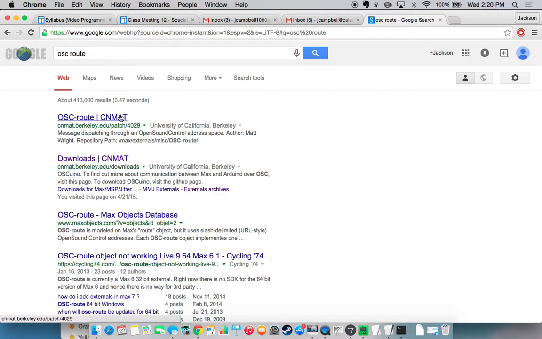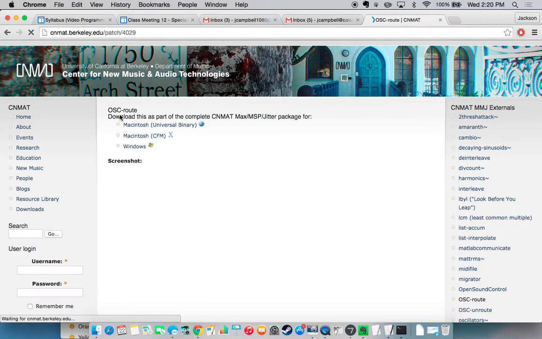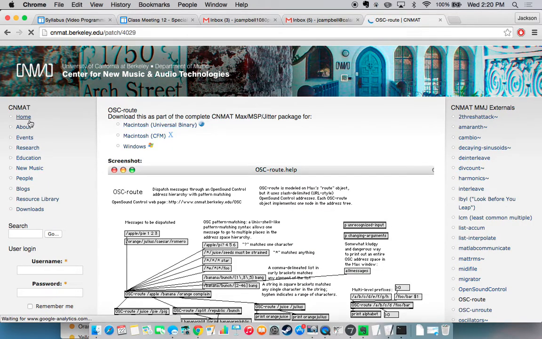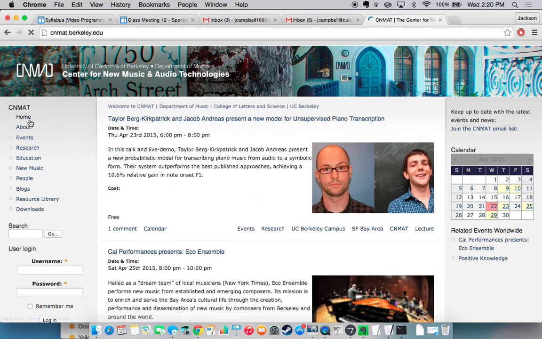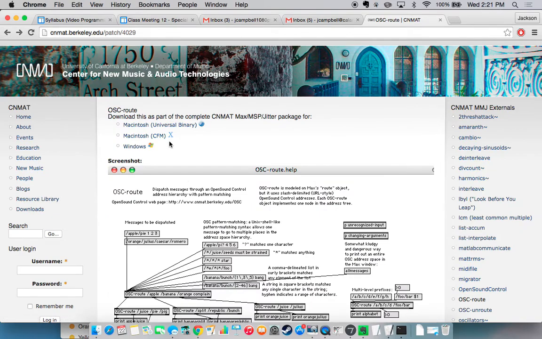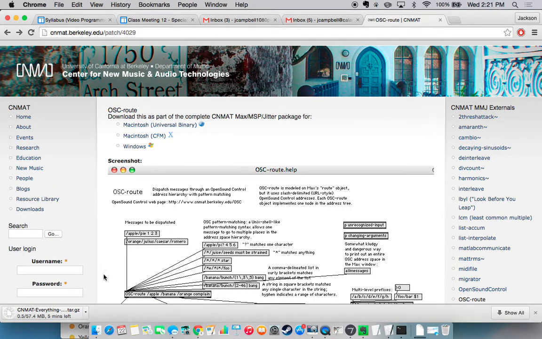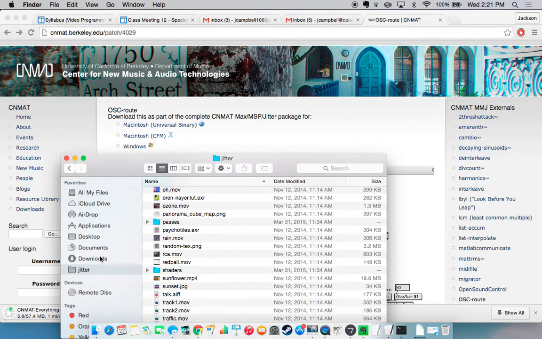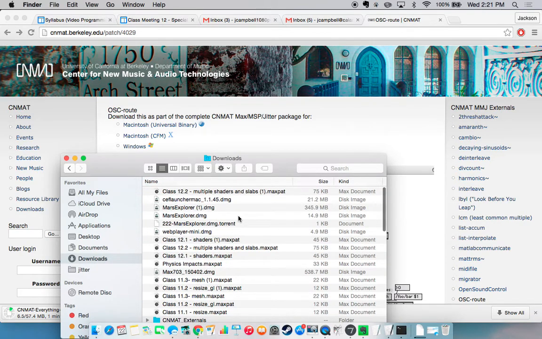there it came up with this CNMAT. I go to this website, and actually I want their entire library. Can I just download it? Let's see. Oh, download. Here. This is the complete package right here. So you download this. You would download the Windows one, but you download that, and geez, I didn't know it was so huge. After those download, you would unzip them, and then